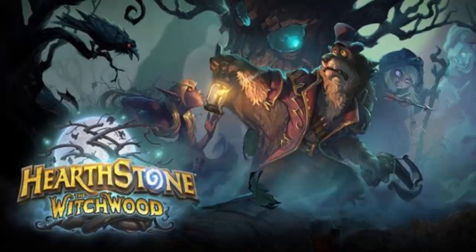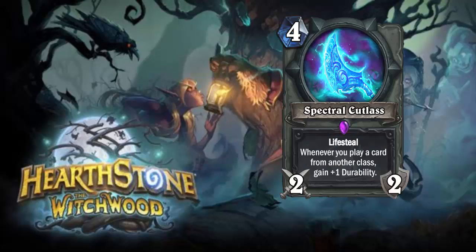Let's just get right to it. We're starting with Spectral Cutlass. 4 costs, 2 attack, 2 durability. It's got lifesteal, and whenever you play a card from another class, you gain +1 durability. So of course your rogue weapon looks nice. Got a nice little ability to go along with it, but I don't think it sees play because